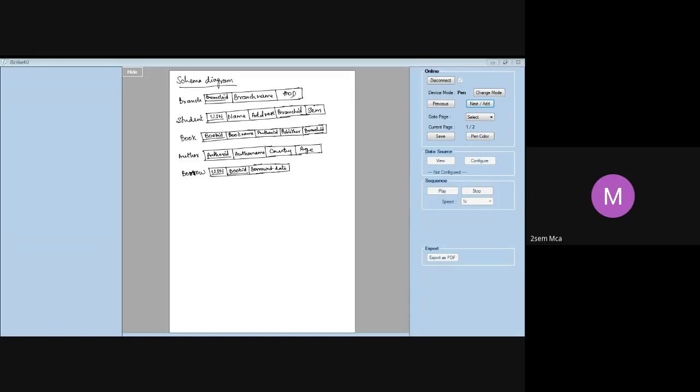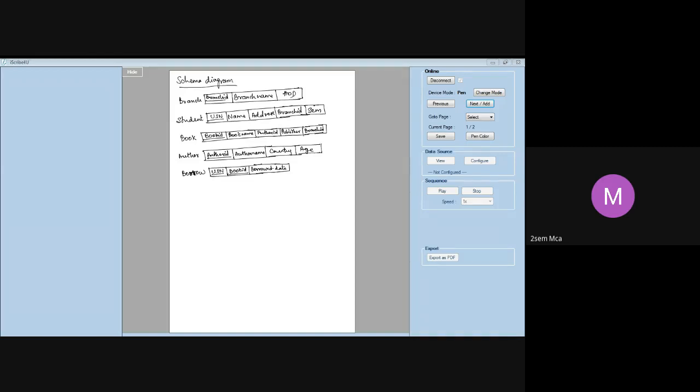Whatever is given to us with the attributes, this is nothing but the schema. Now you also have to show how each one is related to the other. How do we show that? This student and branch are related in terms of branch ID. The student belongs to a branch.